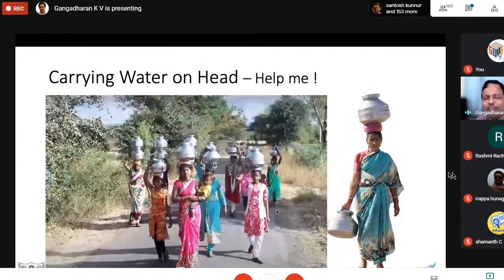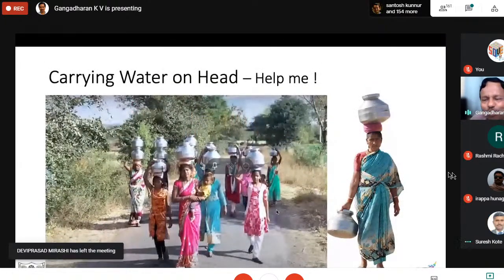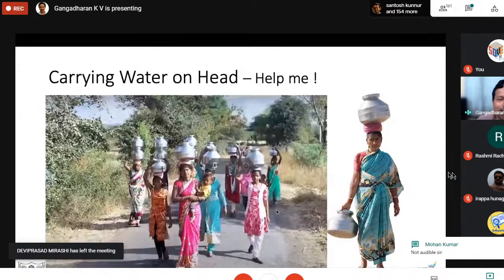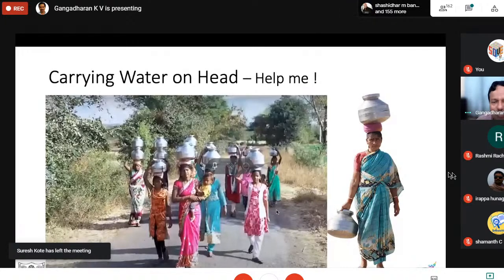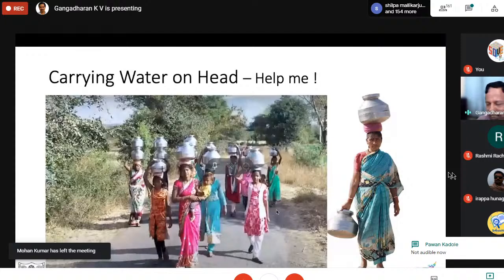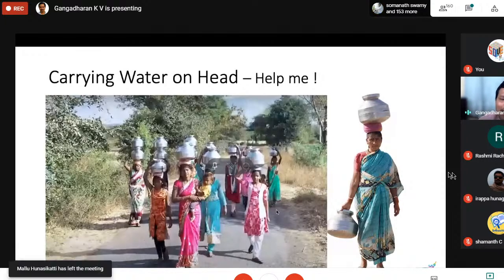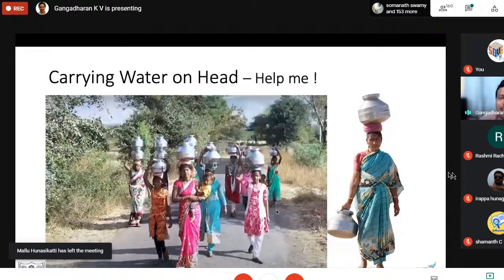So now, after explaining this, you are going to ask them, okay, this was the case of a load carrying like this. Now, I need water to be carried, but I don't want separate bottles or vessels. Whatever you carry, the same vessel I should be able to use. And if you remember the last picture, which I have not explained in the previous slide, and somebody has already put that it is